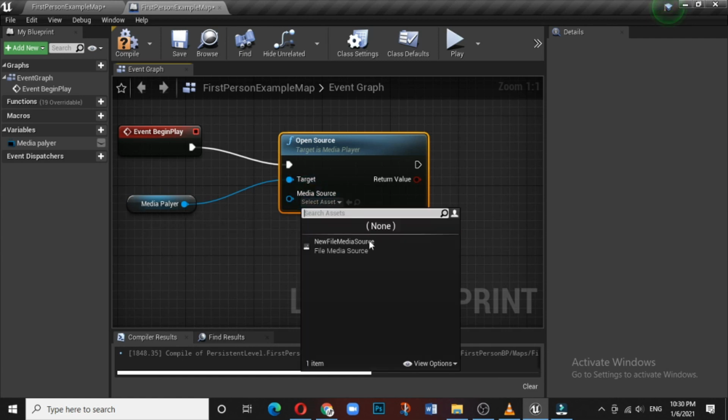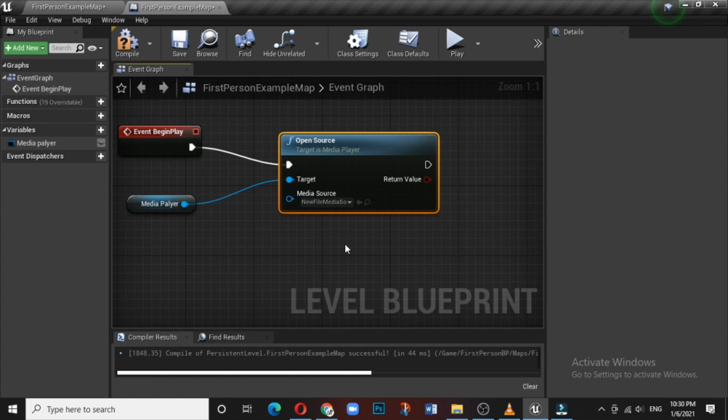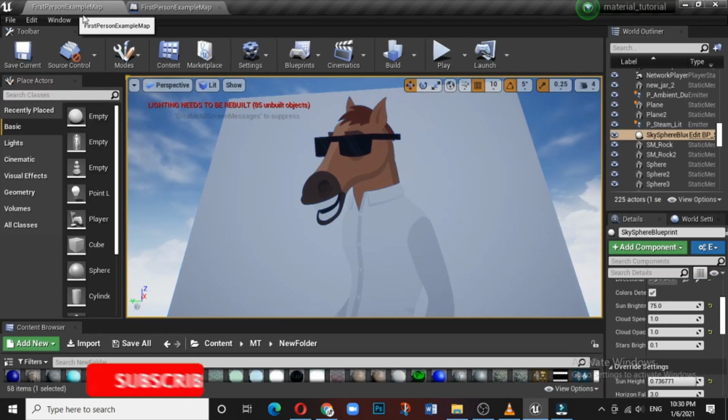And which media player? Then you have to select the file, whatever is available. After that, once you have wired completely, there is something called compile. So you click on compile, giving the information that whatever has been connected, please play. So save it and go back here.